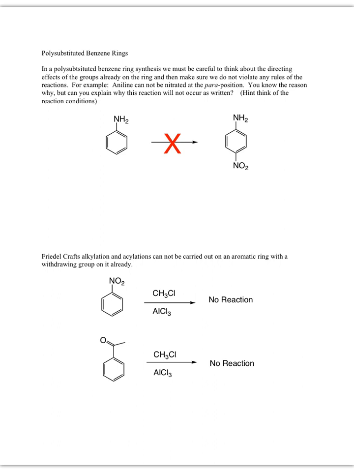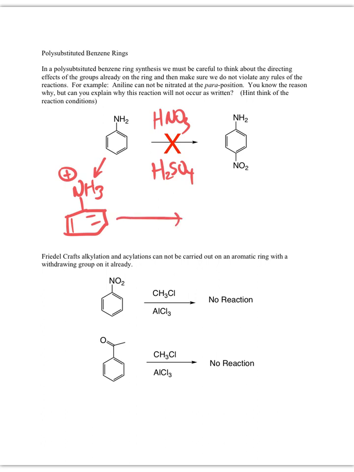So one of the things we have to be careful of is reactions that will not work based on what we have. If we take aniline and try to nitrate aniline directly, we cannot nitrate it, because the only way to nitrate something is with nitric acid and sulfuric acid. Aniline is a weak base, so if we add it to acid, we're going to form the anilinium ion, positive charge on the nitrogen, and it is now a metadirector. So it wouldn't form the ortho or para-substituted product. It'd form